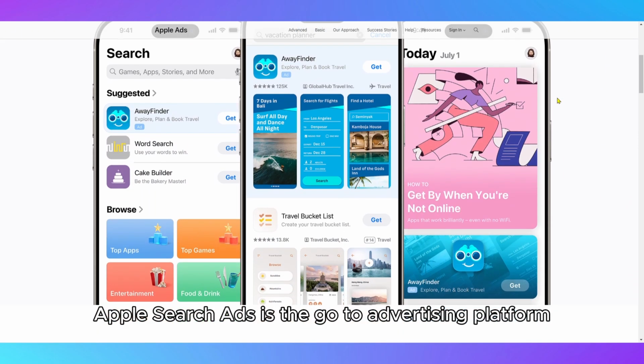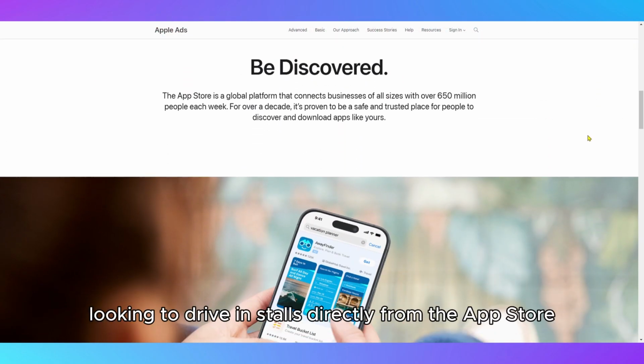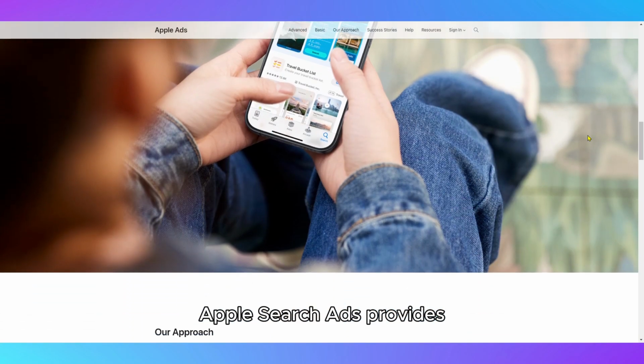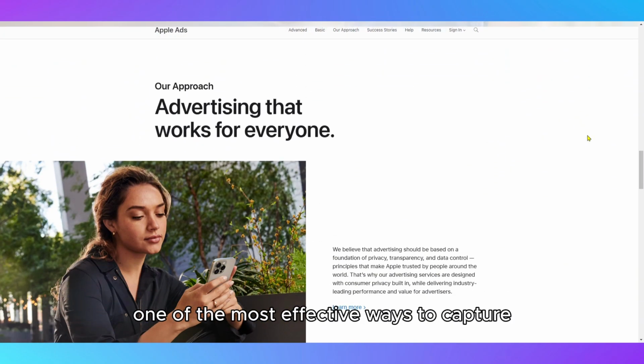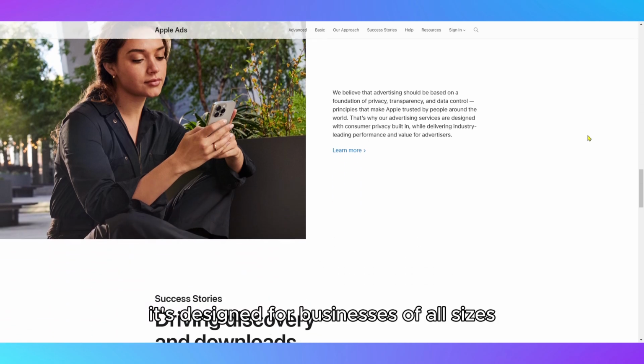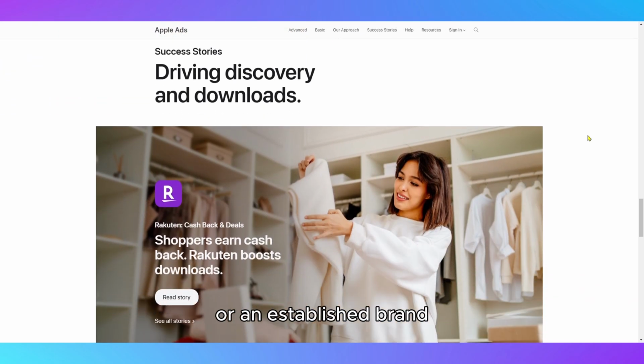Apple Search Ads is the go-to advertising platform for app developers looking to drive installs directly from the App Store. Since users on the App Store already have high intent, Apple Search Ads provides one of the most effective ways to capture engaged users at the moment they're searching for relevant apps. It's designed for businesses of all sizes, whether you're a startup looking to gain traction or an established brand optimizing